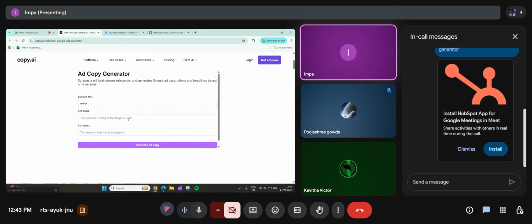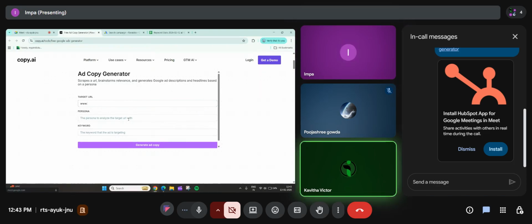Persona, what should I give? Who is your target audience? And keyword, what all the keywords you're going to target.